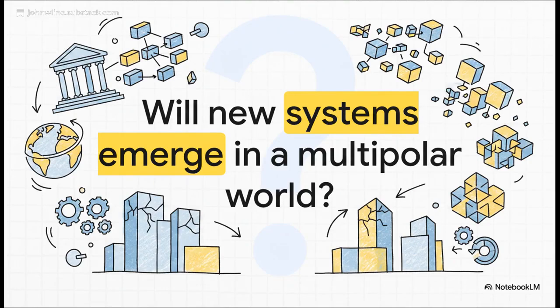As the whole architecture of power shifts, will our current global blueprint survive, or are we about to witness a complete ground-up redesign? These frameworks were built to create order in a divided world, but they're being bent by the very forces they're trying to manage. The question isn't really if they'll exist, but how much control they'll actually hold in a world where the balance of power is entirely flipped.